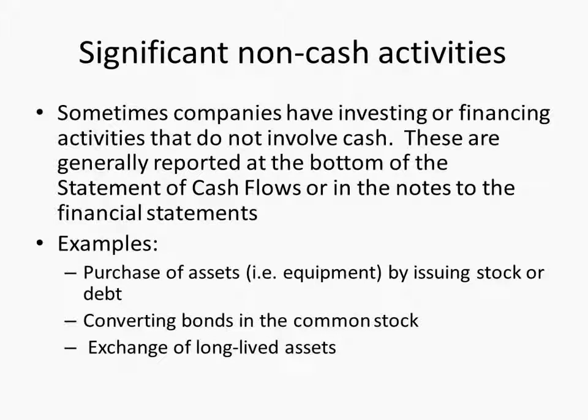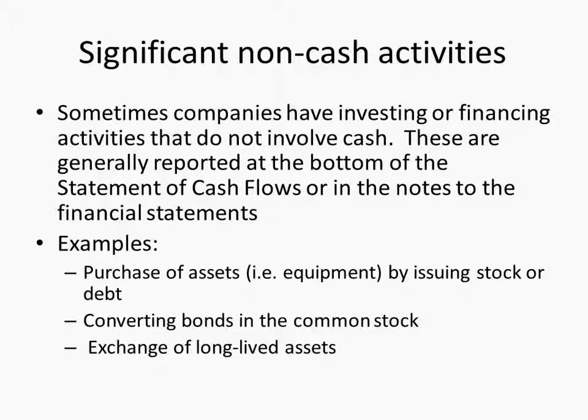So examples: purchase of assets by issuing stock, or converting bonds, I should say, into common stock. These aren't directly impacting cash, but it's almost like they're bypassing cash, right? You could issue stock, get cash, and then buy assets. You could sell your bonds and then purchase common stock, or purchase bonds and then issue common stock, I should